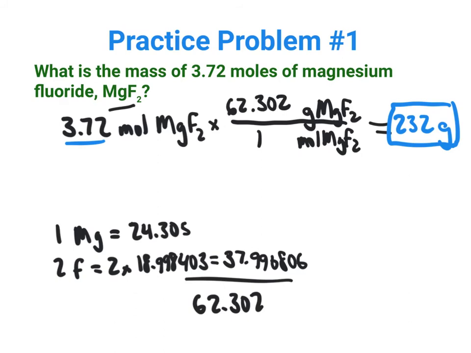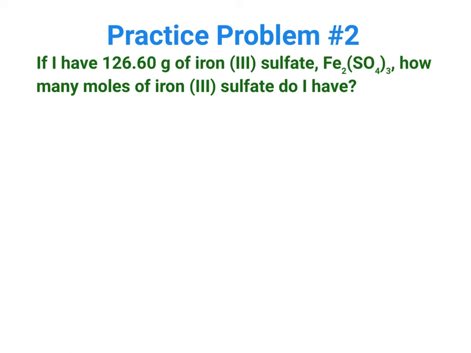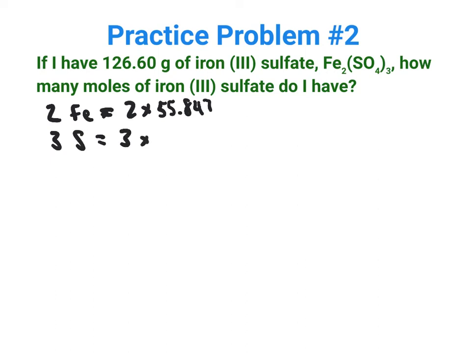Let's try one more. So this one says, if I have 126.60 grams of iron 3 sulfate, how many moles of iron 3 sulfate do I have? Personally, I like to actually solve for molar mass first. So what I'm going to do is say in this compound, I have 2 irons. So 2 times Fe is 2 times 55.847. I have 3 sulfurs, which is 3 times 32.06. And I have 12 oxygens, which is 12 times